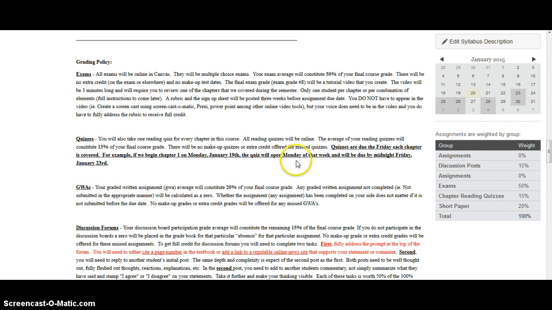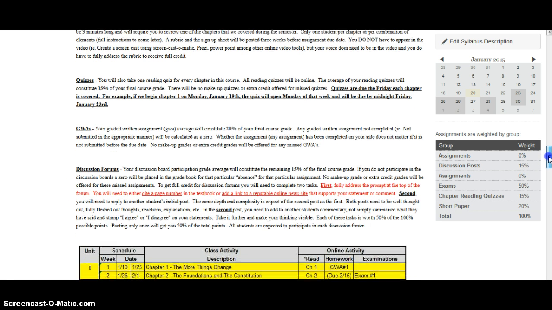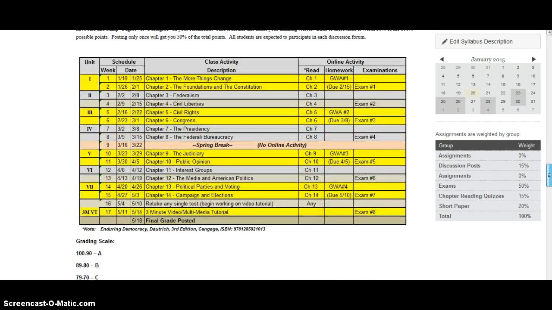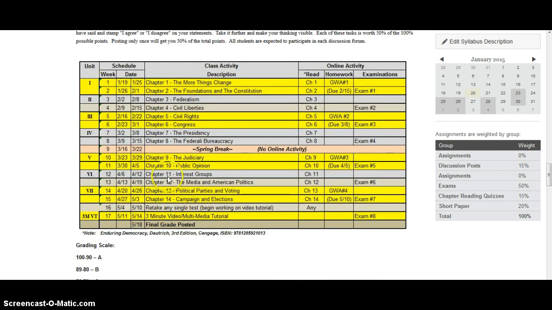GWAs are just graded written assignments, and again, please read those. Discussion forums, basically everything I just said verbally you're going to find in the syllabus. Here's the calendar, just so that you can prepare for your spring break, basically. If you're going out of town, just please realize that this is an online course,